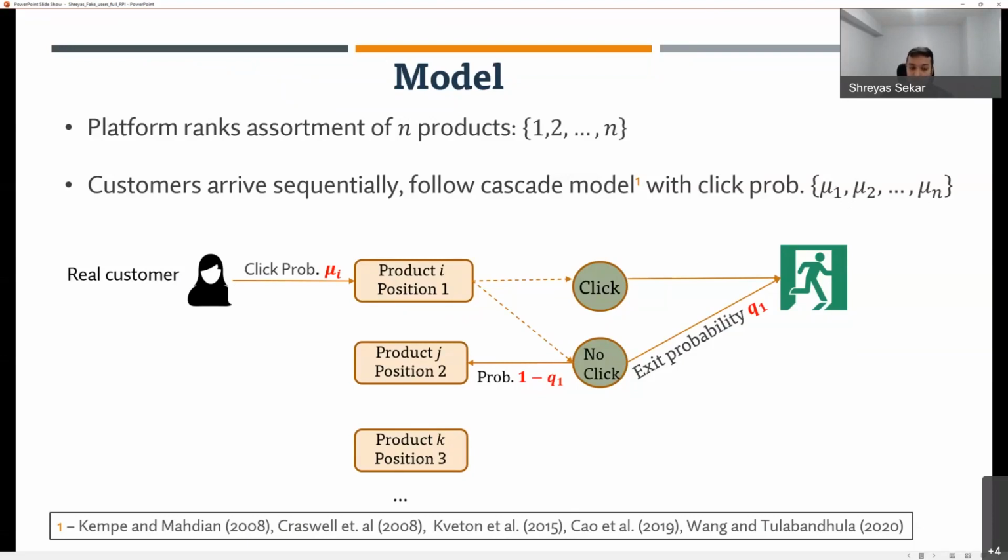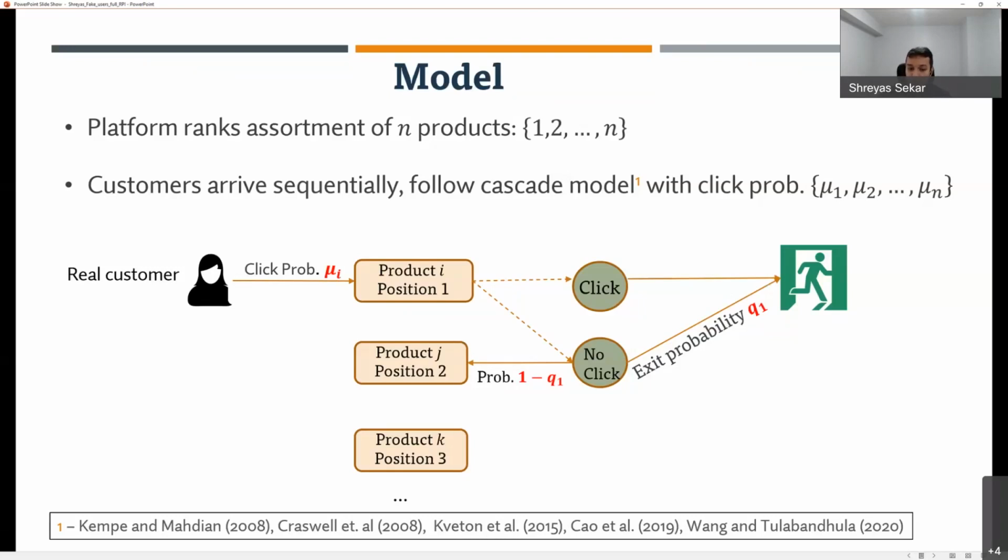So I'm going to click on this product with some probability mu I that depends on the identity, the features, and the price of this product. Now, the minute I click on this product, I'm going to assume that the consumer is satisfied. The consumer's goal here is to identify at least one product that satisfies her criteria. So the minute the consumer clicks on this product, they're going to exit the platform because they found at least one product that satisfies their needs, and you can assume that they go on to purchase this product.